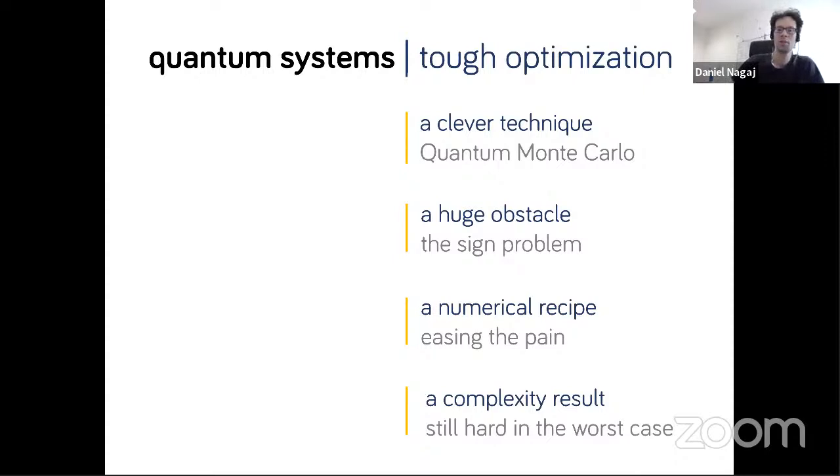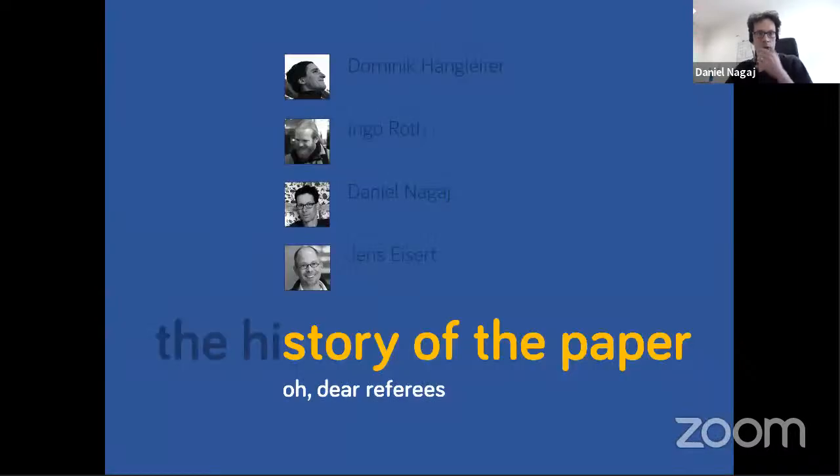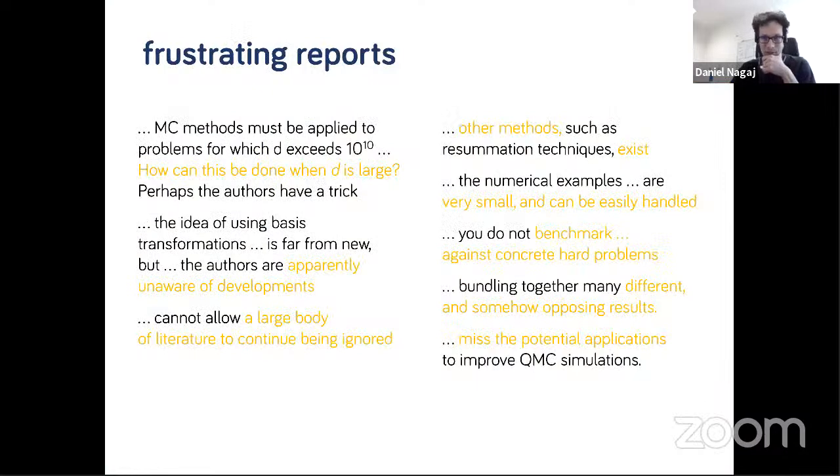And now a little bit of the story of the paper, because there have been a lot of arguments about this. This is my PhD advisor, my wonderful teacher that I've had, Annie Farhi and Jeffrey Goldstein. So what's the history of the paper? We have actually sent the paper to many journals until we got it accepted. And it's only because of the perseverance of my co-authors that we managed to publish it as well as we did. So here is what people have thought about this.